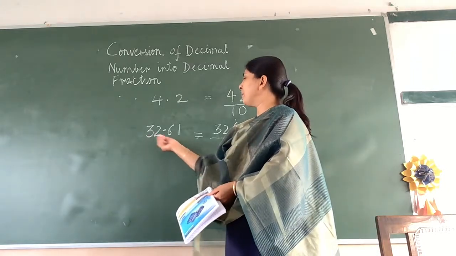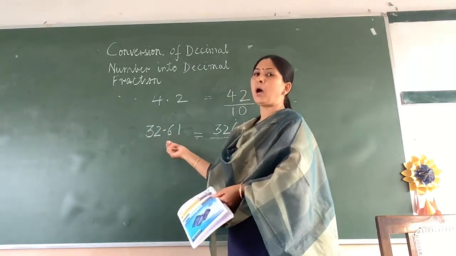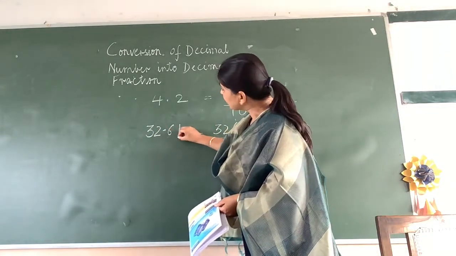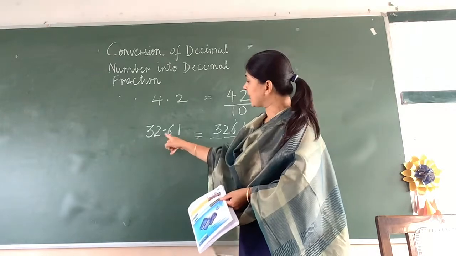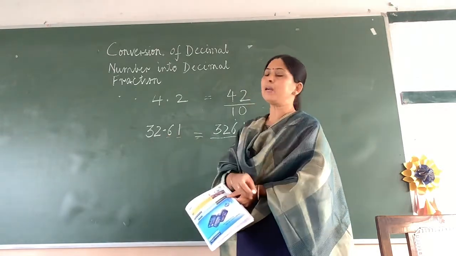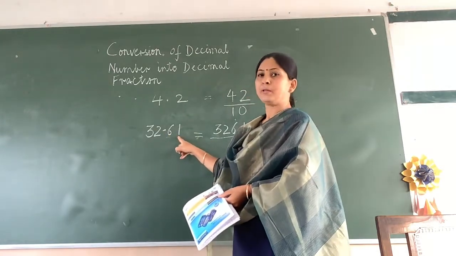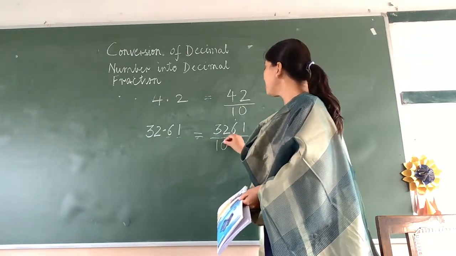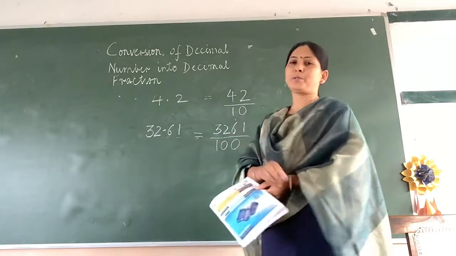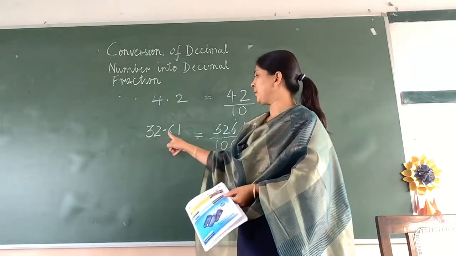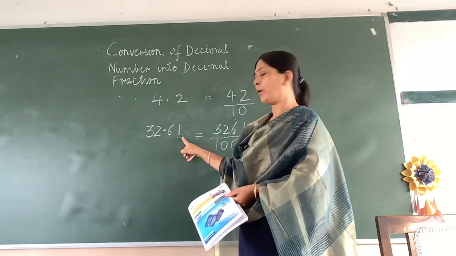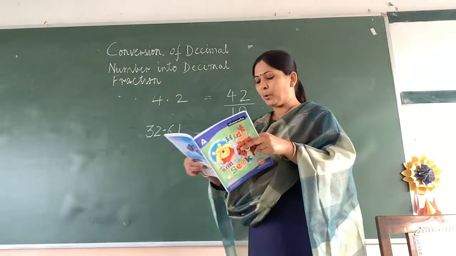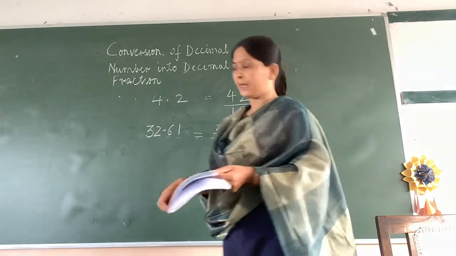Now, this decimal number 32.61, how many decimal places does it have? It has 2 decimal places. It means it has 2 digits after the decimal point. So, our denominator will contain 1 and how many zeros? 2 zeros. Since there are 2 digits after the decimal point, our denominator will be 100. Now, let's take another number,